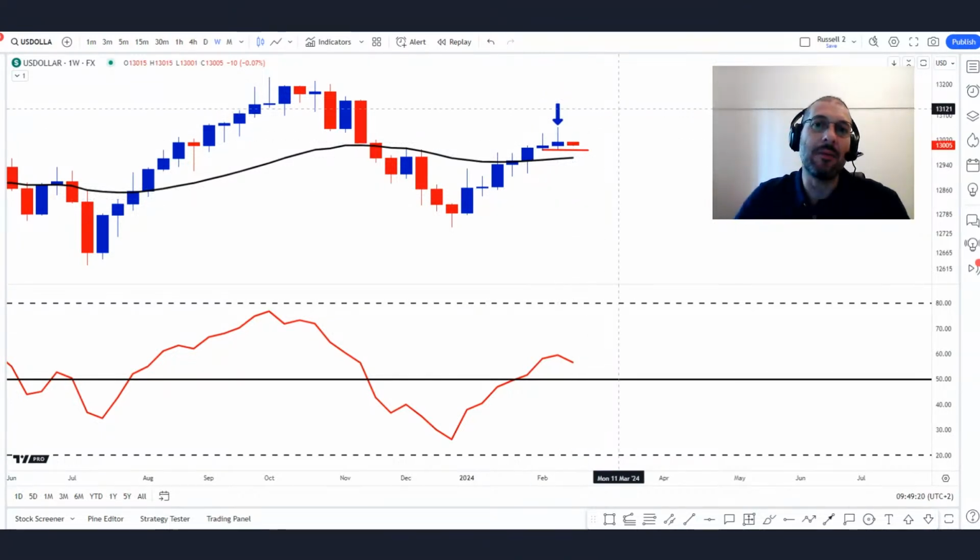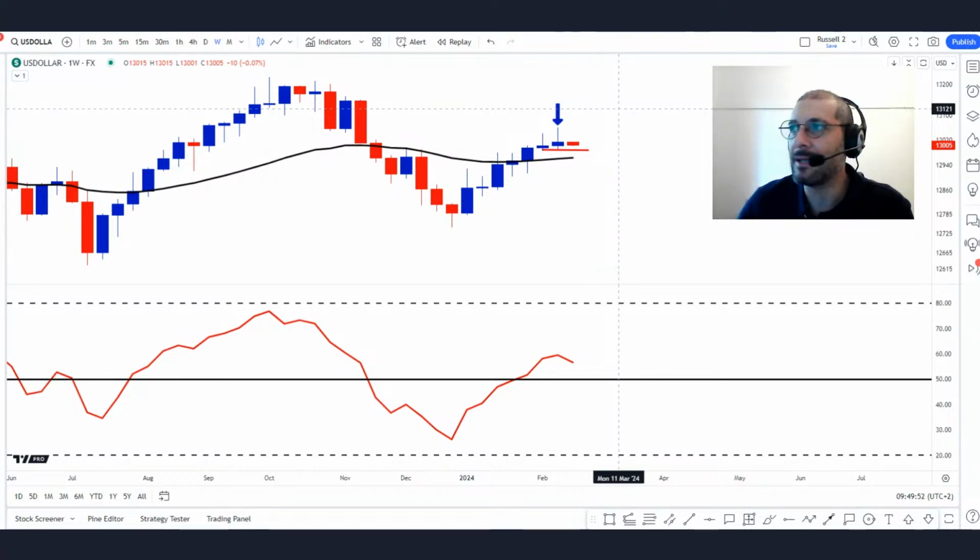My preferred scenario, and I'm not sure if this is blinding me or not, in other words, am I getting sort of an emotional filter in front of me? My preferred scenario is that the dollar actually comes down over 2024. Why would I think that the dollar is going to come down during 2024? It's because I think the rates are going to come down in 2024. But the fact that the rate cuts have been pushed back, as we said, March to May to June, well, that's got to be supportive of the dollar.